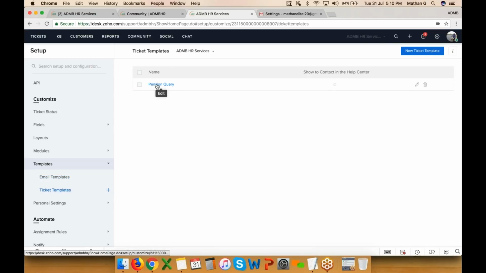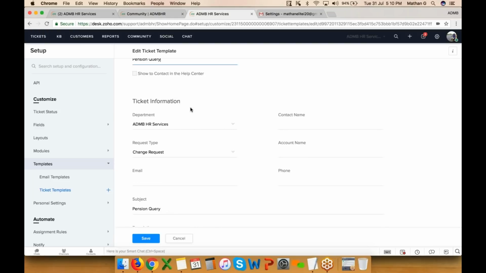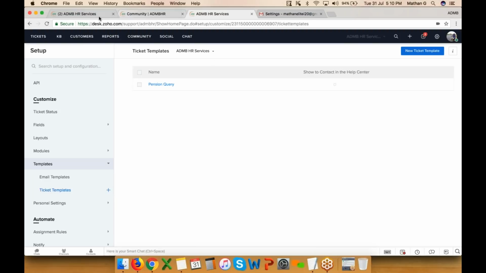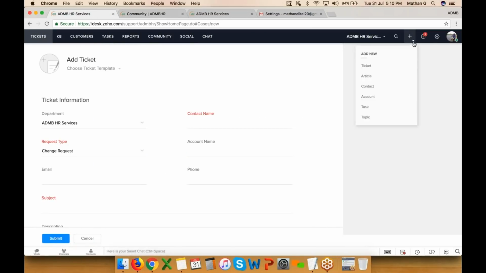So this is for when you add a ticket, so it's not that you have to select each and every field. I have created a template called pension query. So here I can decide what fields have to be chosen when someone says that they need to apply for a pension. I need to predefine this, and next time when I try to create a ticket manually, I can go here